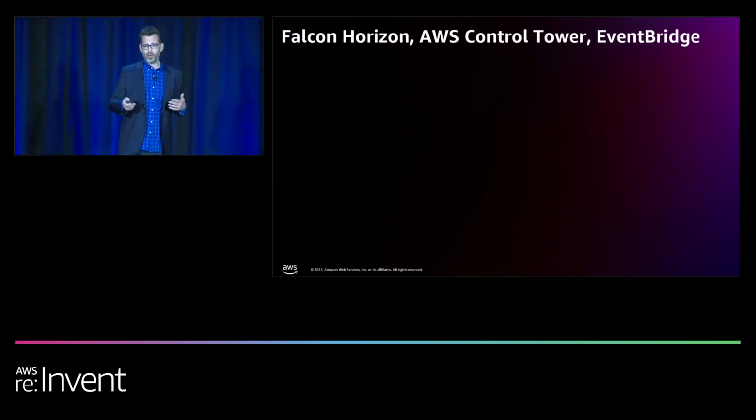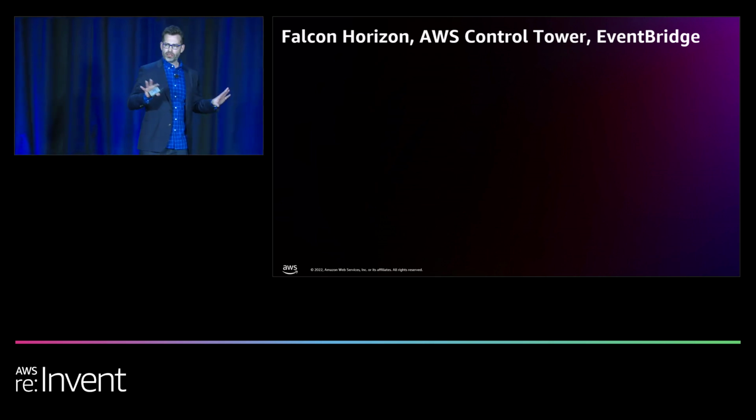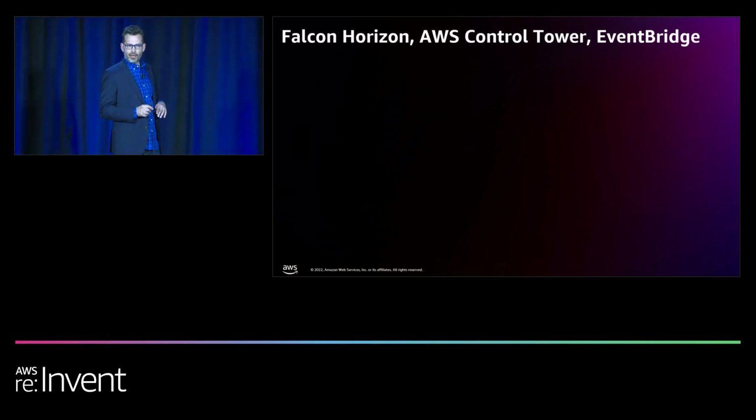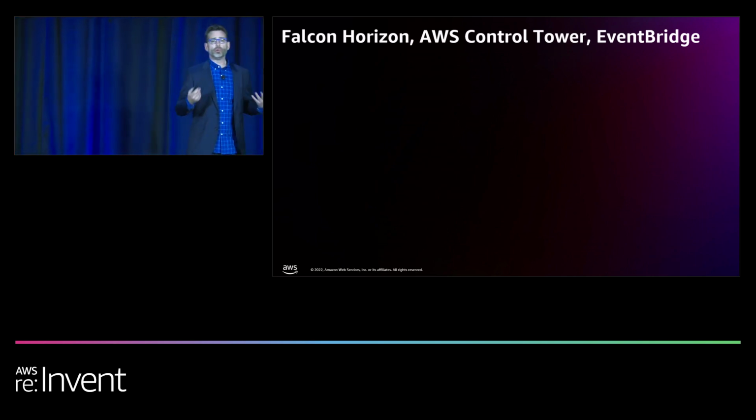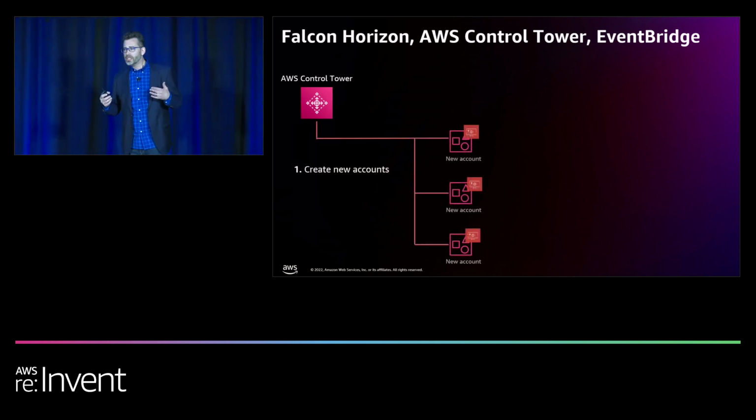And of course, EventBridge will capture all of the API events throughout all of your AWS services and run rules against them. So in this integration, when you're deploying new accounts, how do you make sure that they're compliant with your security